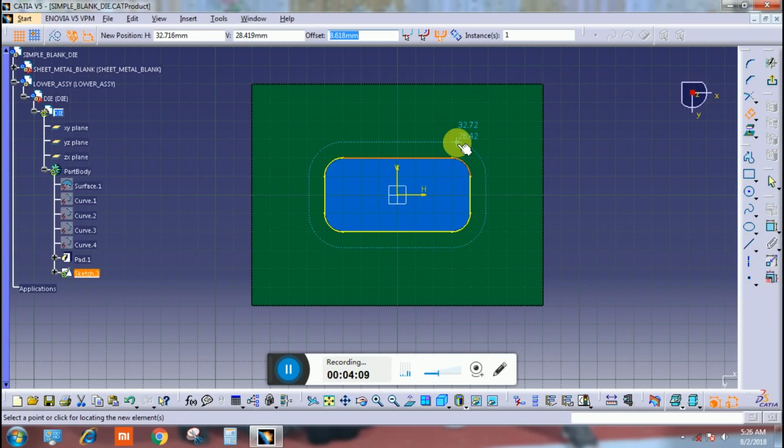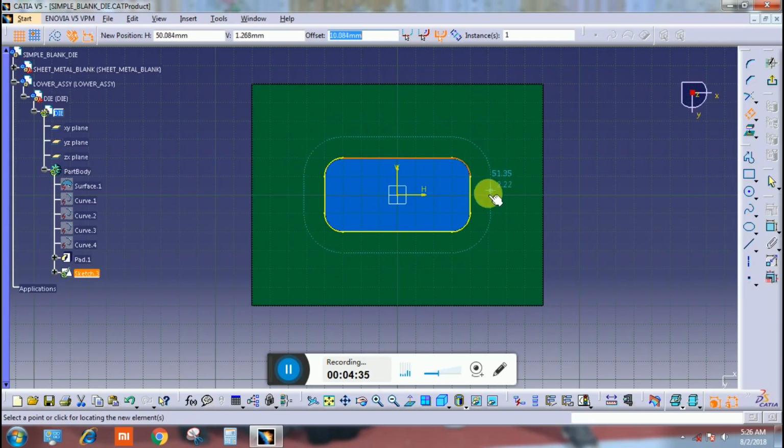If you give the profile dimension more than 1 mm, then the die will be weak for profile flanking force.